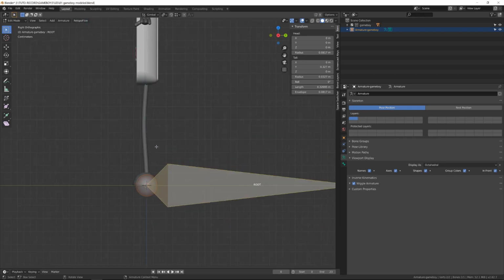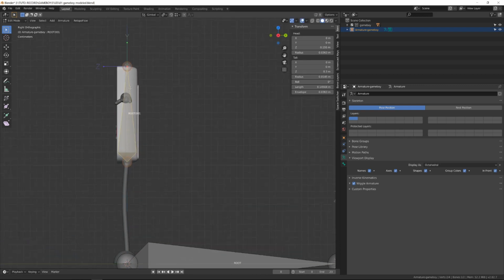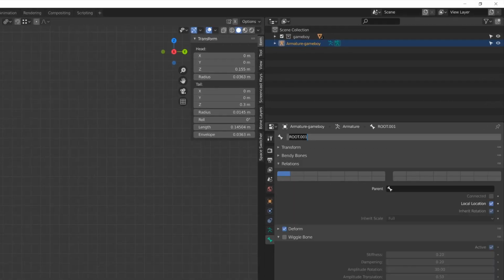I won't go too much in depth with this information, but make sure that you correctly align your bone, following along with this tutorial. You can edit the armature as you would with vertices. So now I will select the head of the root bone and press E to extrude a new bone. I will also press Z to constrain the extrusion on the Z axis. Now I can grab the bone and press G, Z to move it vertically and align it with the body of our Game Boy character.